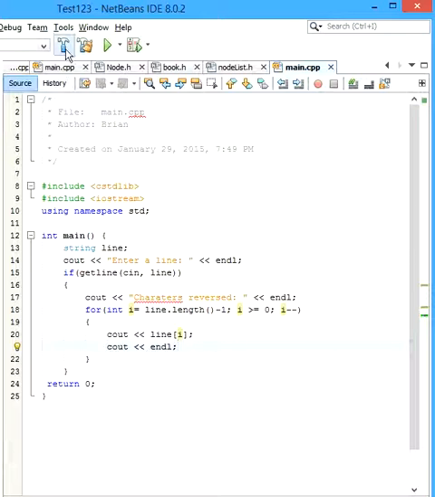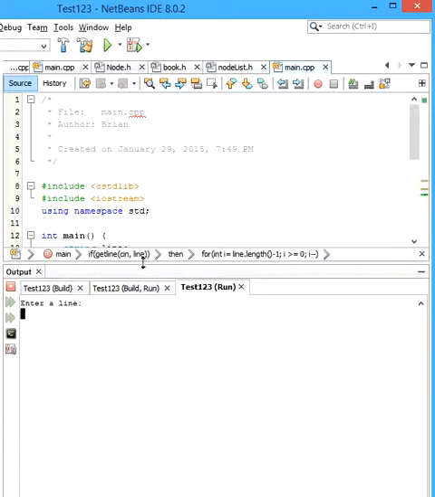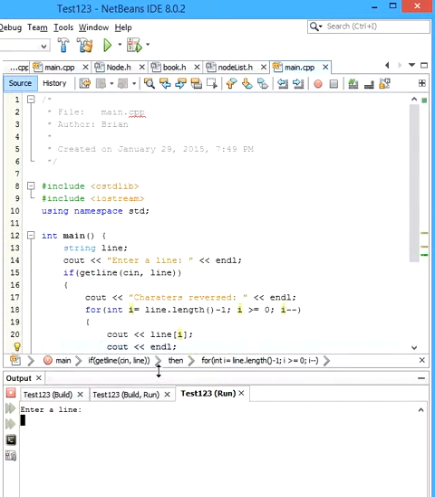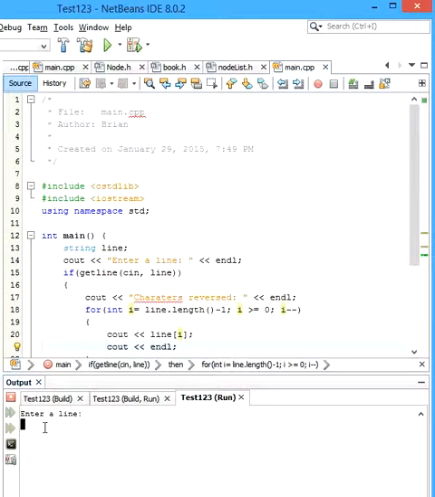So let's save this, and I think it did build, and let's run the program. So if I bring up my output up here, let's enter, say, program. And once I click enter, well,